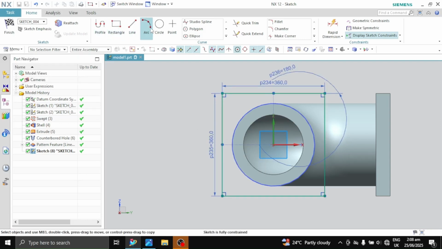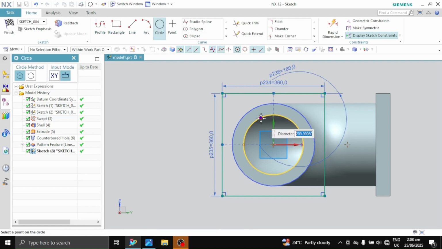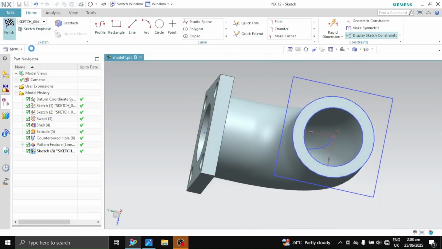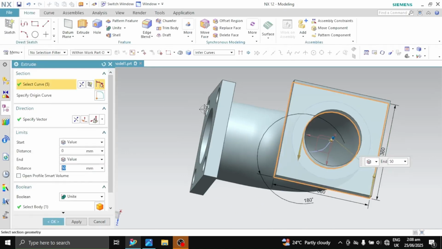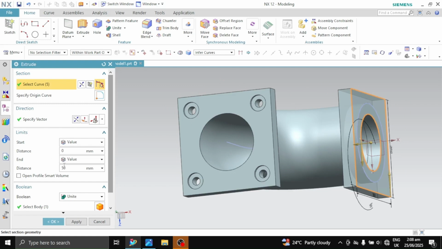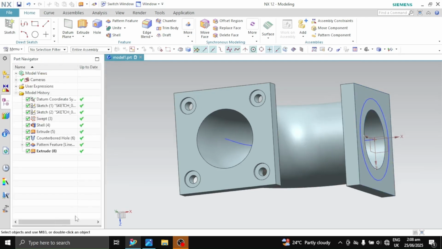Press escape. Draw a circle to cut inside and finish. Now reverse the direction to go inside, and the extrusion distance should still be 50, and we unite with this body and press OK.